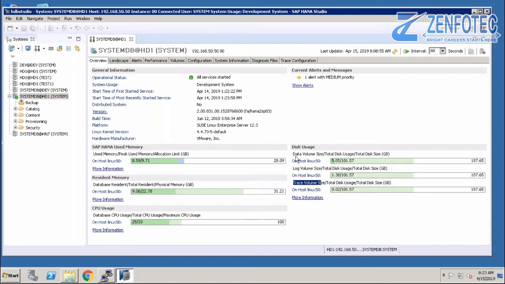Okay, if you see the data volumes, my current file system size is 187.65 GB. So this is my file system size. On these file systems I have installed my HANA database, and my data volumes are on these file systems. If you see the maximum use, this data volume is 102. 102 is the maximum use.